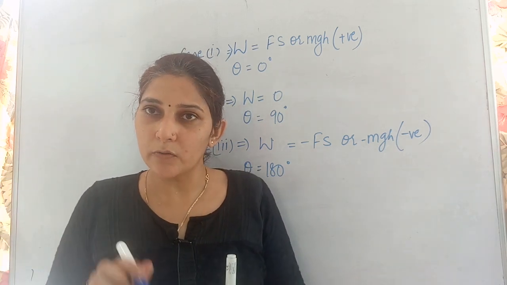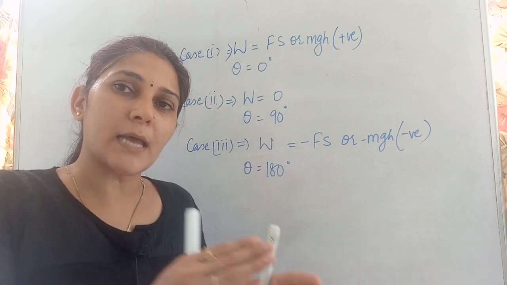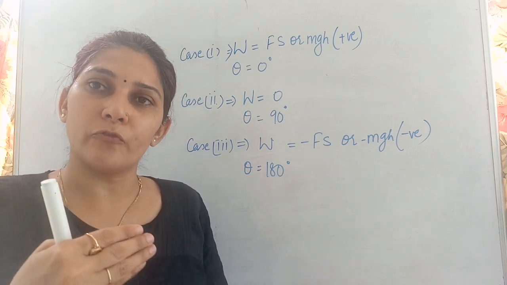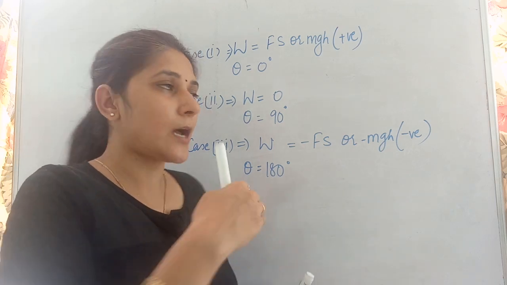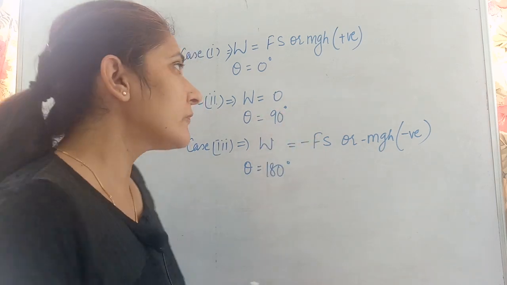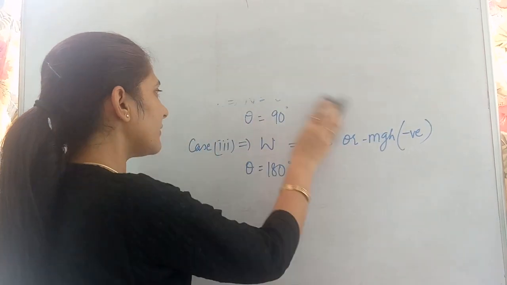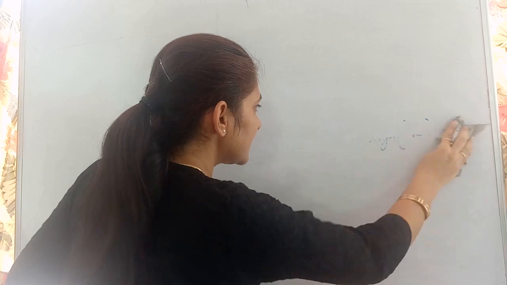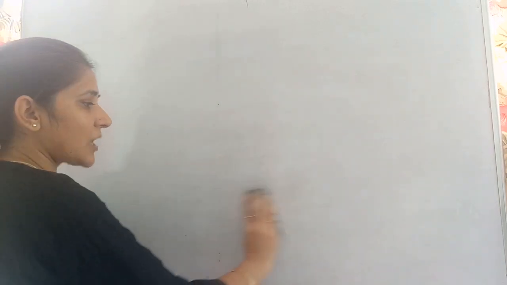Okay, these are the three cases for different angles between the force and the displacement, and depending on the value of the angle, the work done value differs, and how it differs, that we discussed. Now a few general terms are also there in the chapter that we will quickly revise, because you have done those terms in your previous chapters too, like in chapter number 8C part, which is related to power. There we had done all these terms. Quickly we will revise these terms so that you have a look again, and you can answer the questions if they come in your paper from these terms.